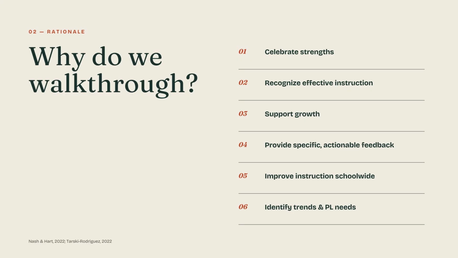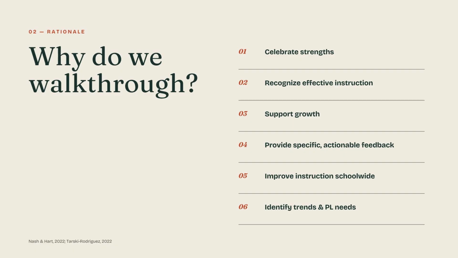There are three primary purposes for our informal walkthroughs. The first walkthrough will help us identify instructional strengths and successes. I want to see the effective practices happening throughout our classrooms so we can recognize and share those strengths. Second, walkthroughs will provide opportunities for professional growth. Observation evidence can help teachers reflect on instruction and identify specific areas for continued development. According to Gusky and Link of 2022, research suggests that feedback is most useful when it's specific, timely, and focused